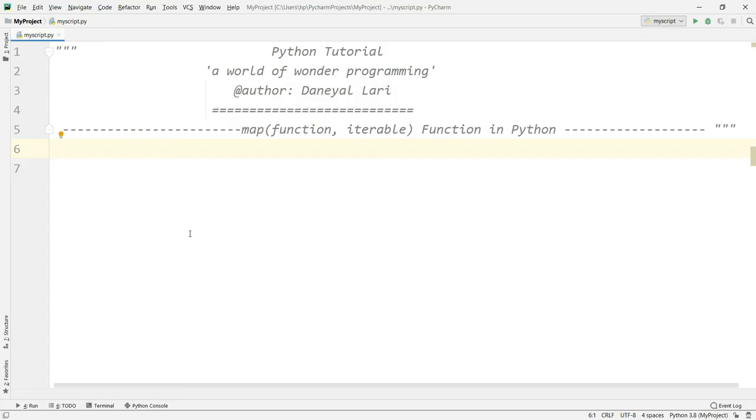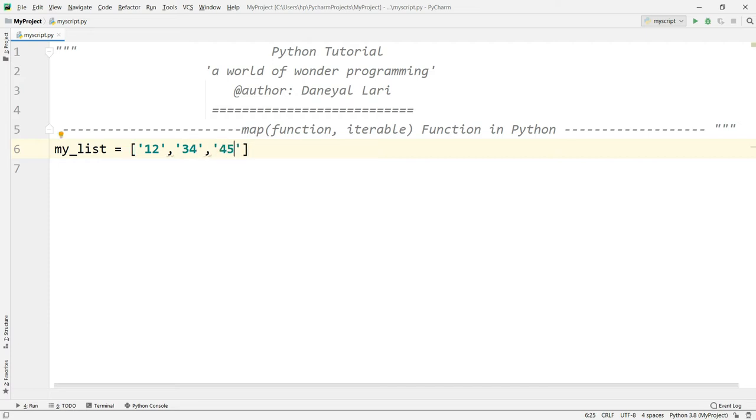First of all, we have to create one iterable object. That can be your list, set, tuple, or string. I'm just taking the example of a list. Suppose I have a list that contains some string values.